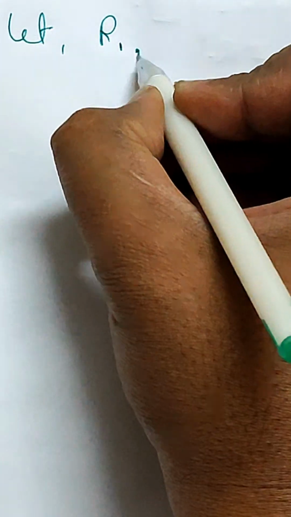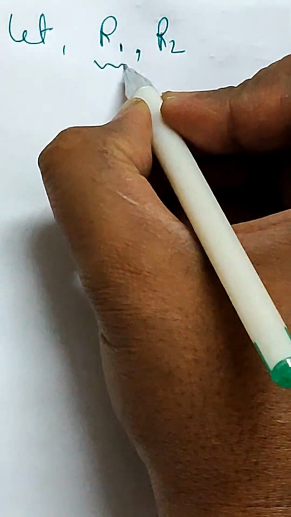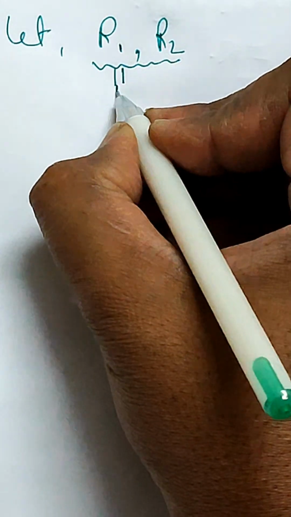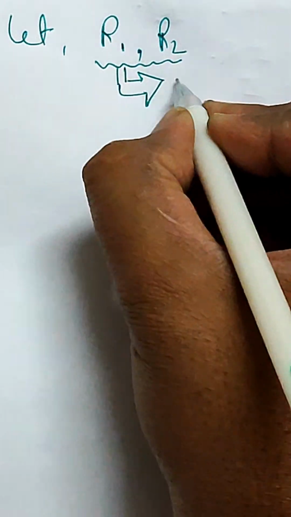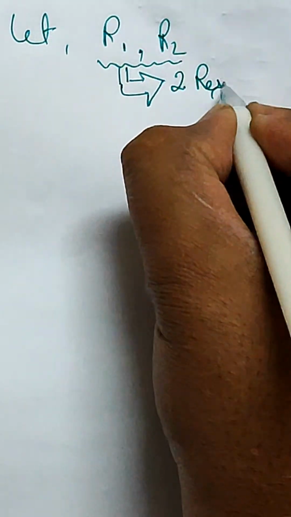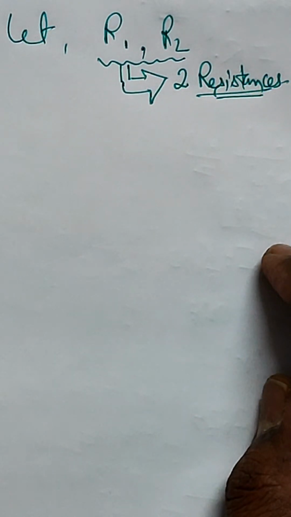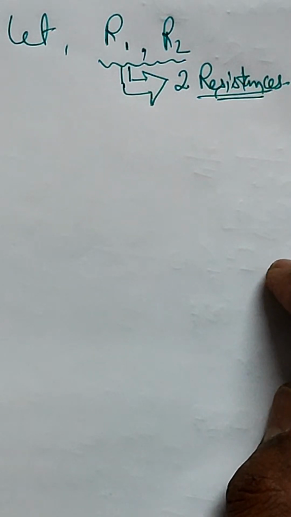So let R1 and R2 be the two resistances. Now we need to find the value of R1 and R2 when it's given that the equivalent resistance, when they are connected in series,